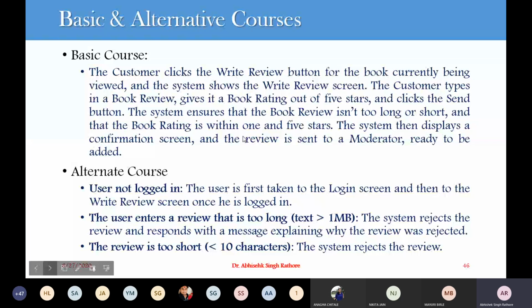So we are having some input box available where a user gives its input. Then we are having some cross check system that finds whether a user cannot enter more than 1 MB of text, or cannot enter a very small set of characters for reviewing.